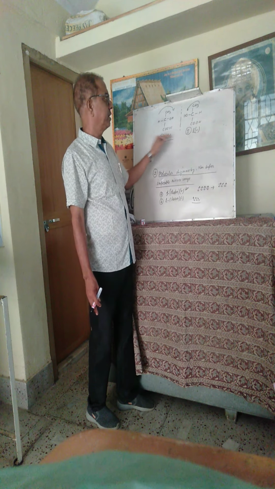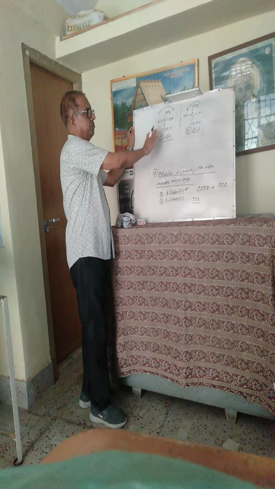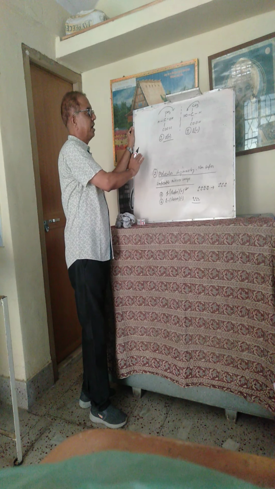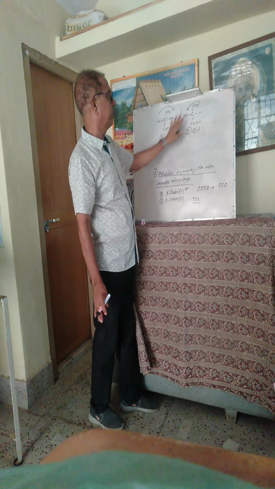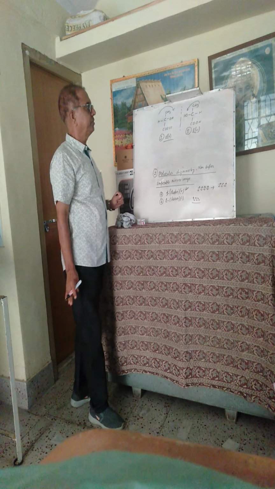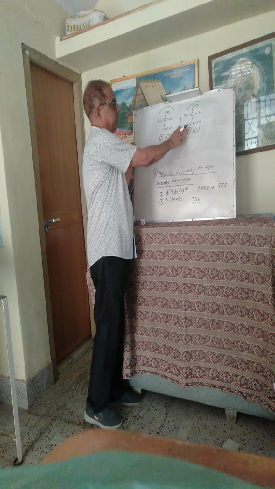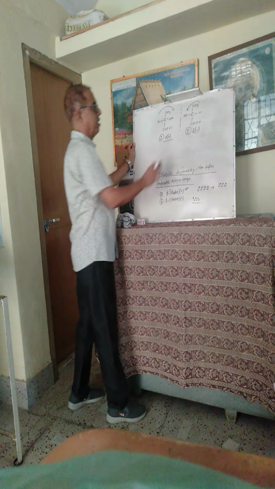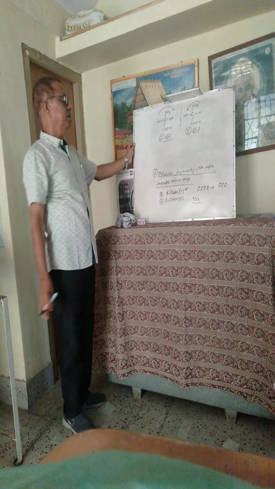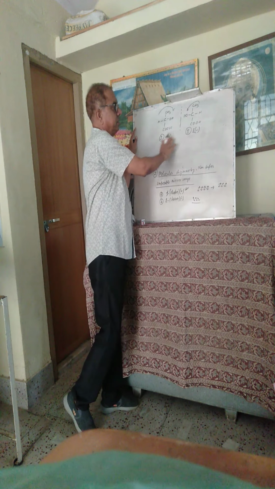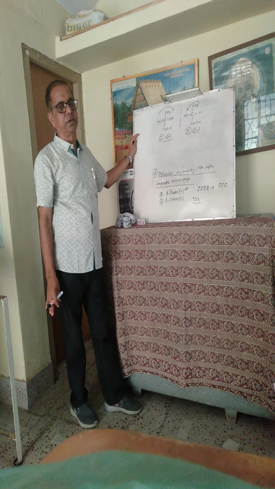But which type of mirror image? This is a non-superimposable mirror image of each other. It means that if we take this structure from here and place it on this structure, we see that it does not superimpose. How? Because on this edge, this OH will be placed. So this type of mirror images are called non-superimposable mirror images.